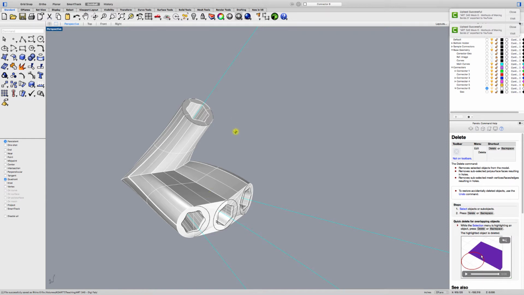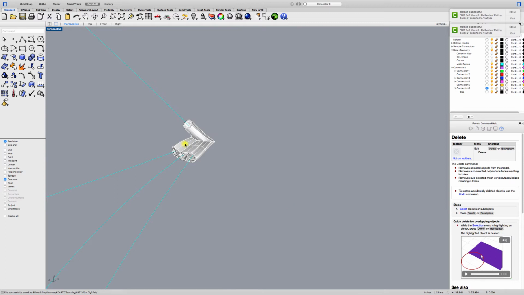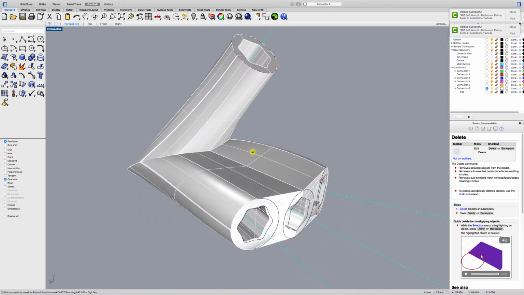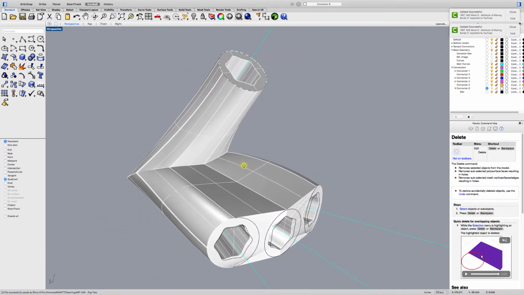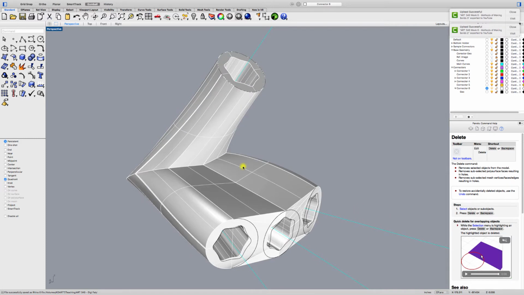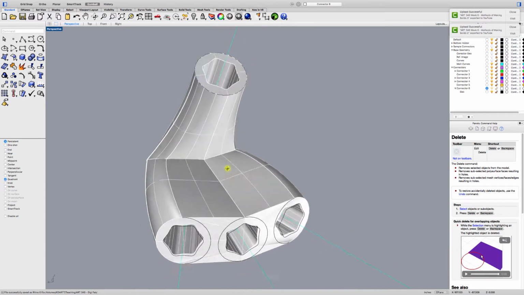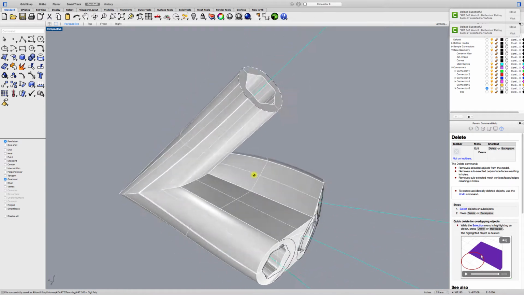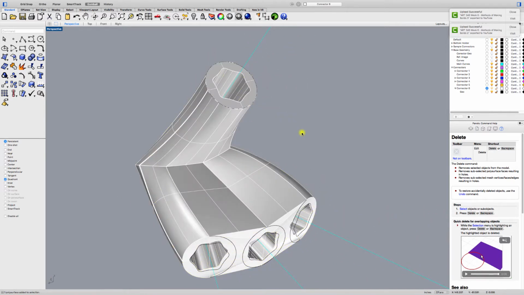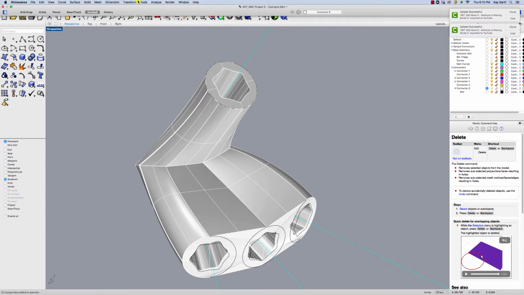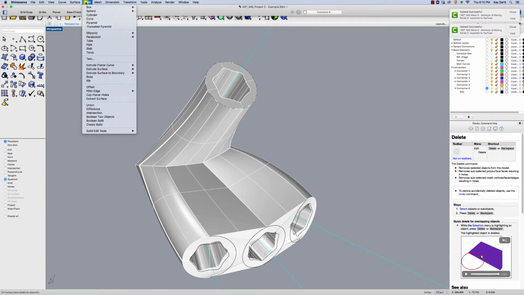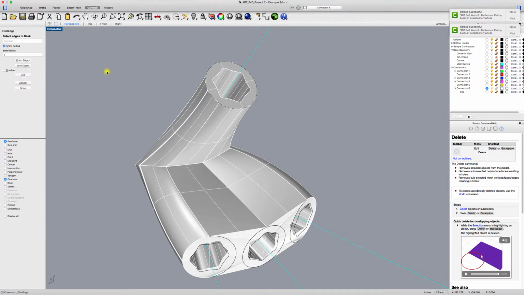Hello, we are back and we've got a couple of connectors that we are going to add flanges and some fillets to. Once you get the main form or the main volume of your object, then it's good to come back and edit those objects, add fillets or add flanges and things like that, just so you have a good base to work off of. So I'm going to try to add some fillets, and I'm going to go to solid, fillet edge, and